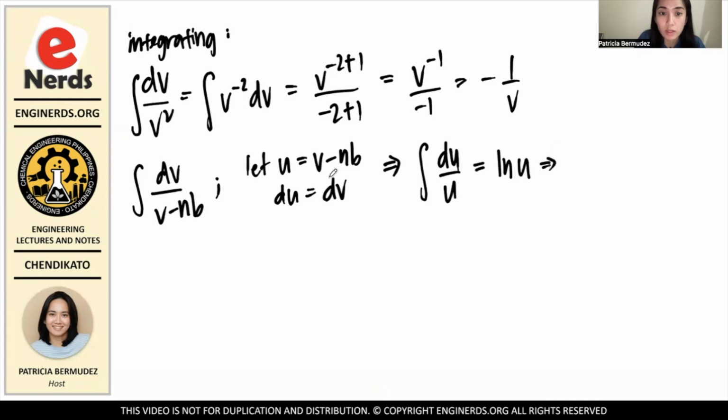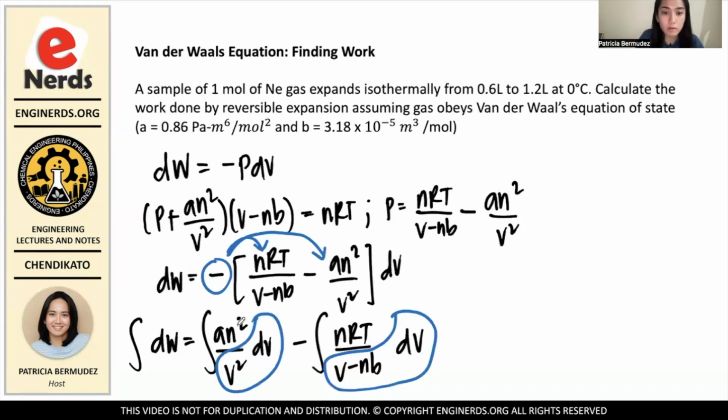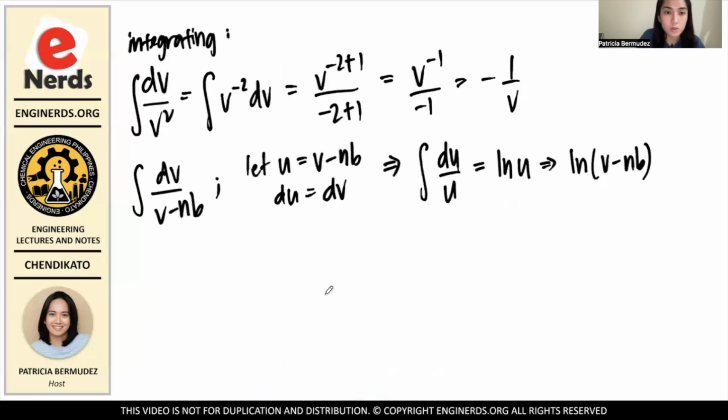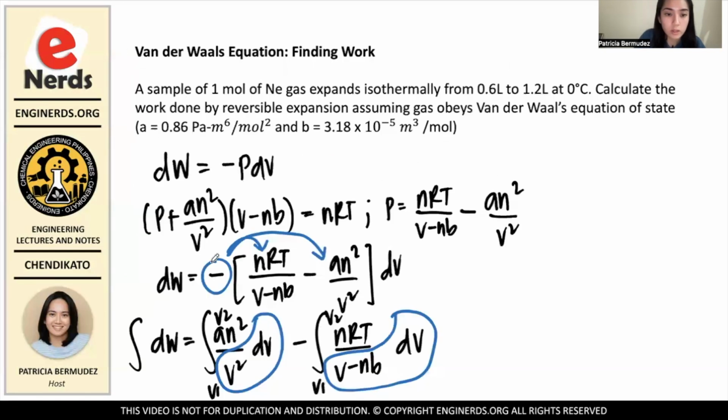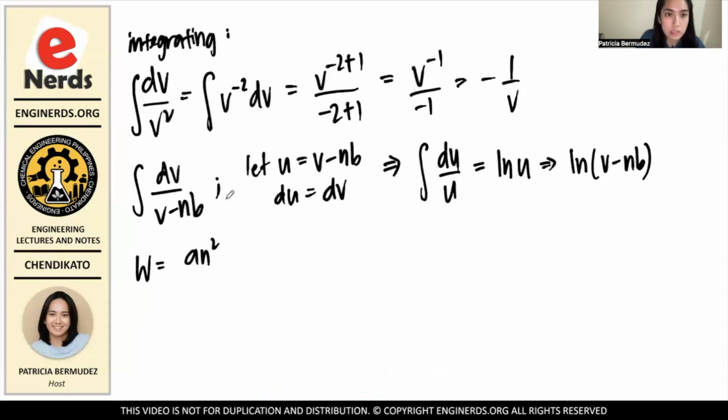And then, substituting this value back, we have ln of v minus nb. Okay? So, now we just have to integrate this, but we have to integrate it with boundaries. So, this one is from v1 to v2, and this one as well, from v1 to v2. Okay? So, our work will simply be equal to a n squared times the integral of this, which is,